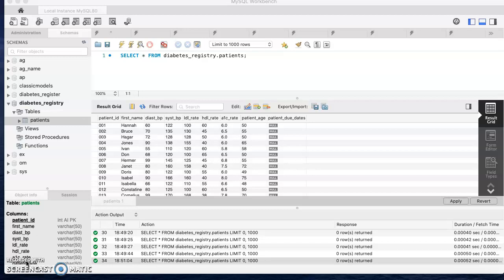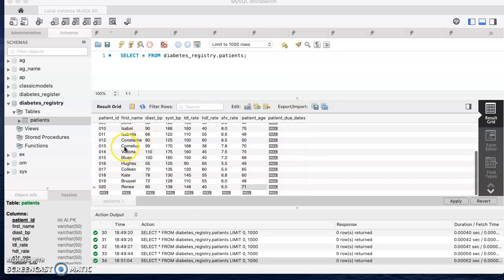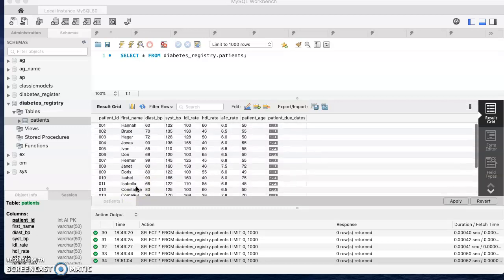Having said that, we have the first names: Hannah, Bruce, Hagar, Jones, Ivan, Don, Hema, Janet, Doris, Isabel, Isabella, Constantine, Cornelius, Victoria, Blues, Hughes, Colleen, Kate, Brazil, and Renee. 20 patients. And here you can see the various values for their